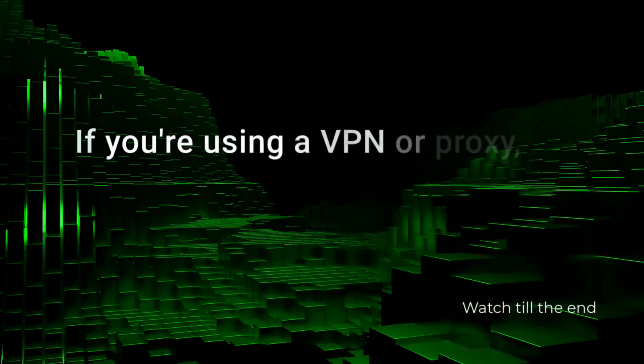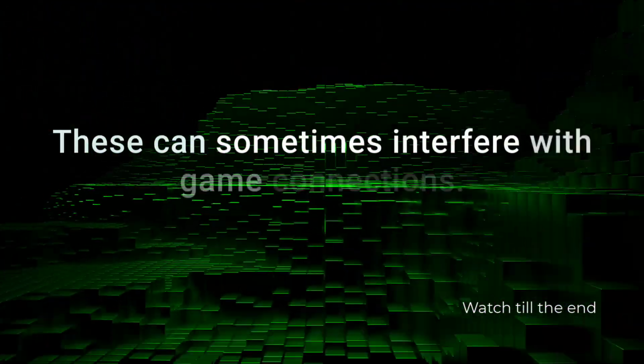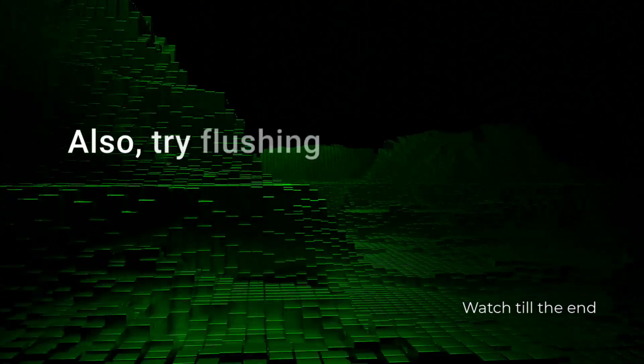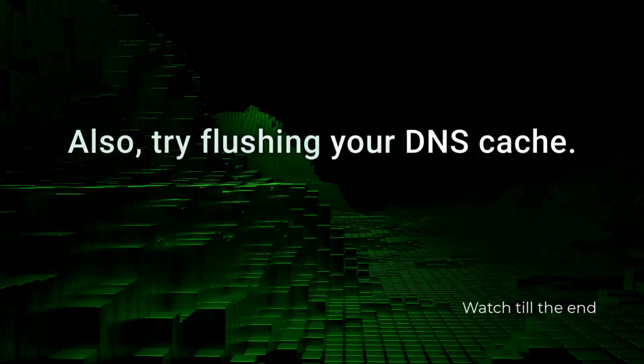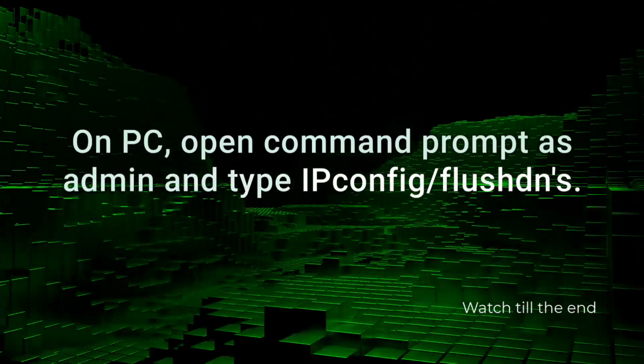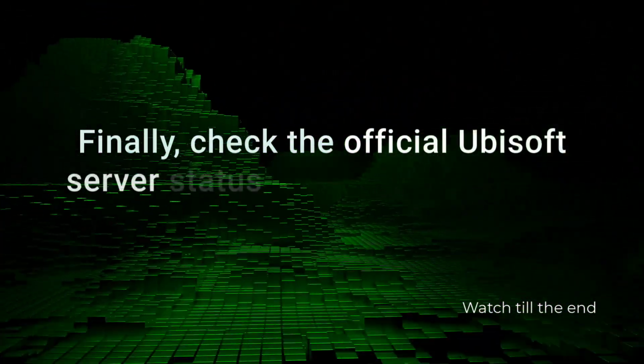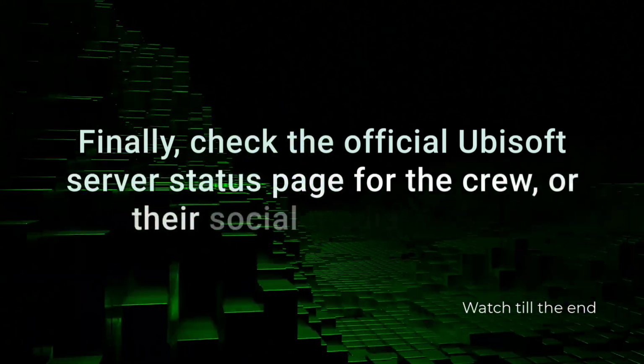If you're using a VPN or proxy, try disabling it. These can sometimes interfere with game connections. Also, try flushing your DNS cache. On PC, open command prompt as admin and type ipconfig /flushdns. Finally, check the official Ubisoft server status page for The Crew or their social media for any announcements about